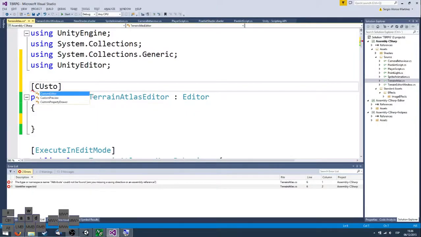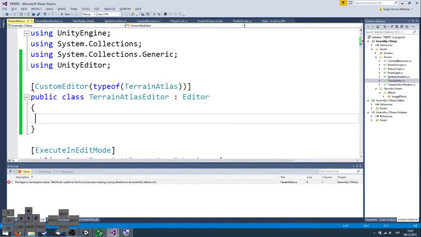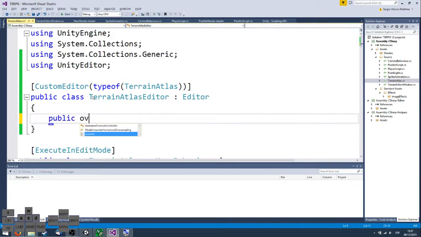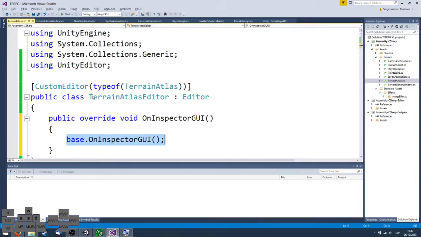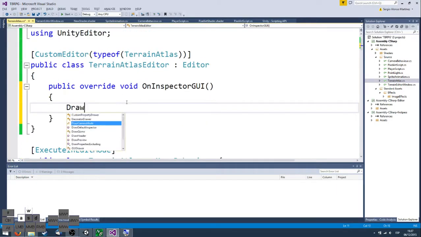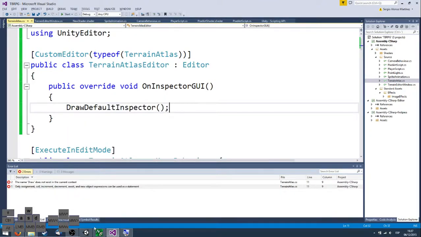So here we have a custom editor for our terrain atlas, and then we are going to be overriding our OnInspectorGUI. So first we are going to draw the default inspector. Okay, so we have the same information,